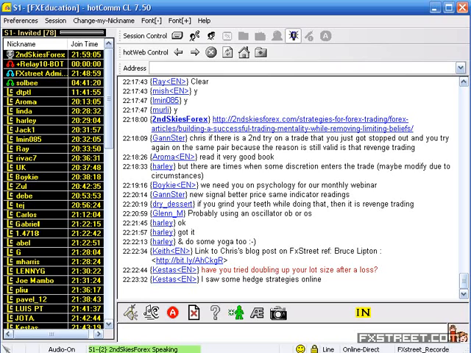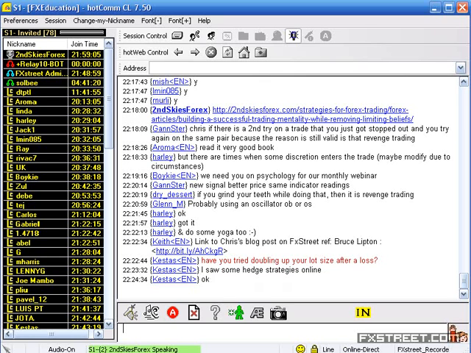Now, on one of our systems, we do employ dynamic risk modeling, but that's a separate discussion. We're now venturing into talking about risk and money management, and I could spend class upon class upon class talking about that. But from a psychological perspective, no, I don't double up. I just don't make that mistake anymore because I've gone through that experience and it hasn't worked out well as a whole.